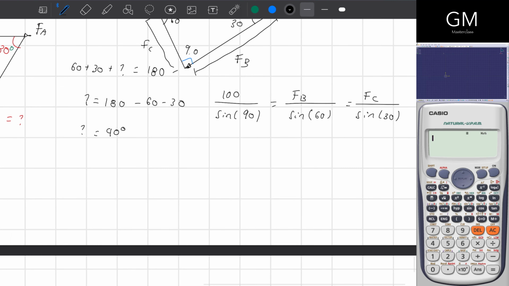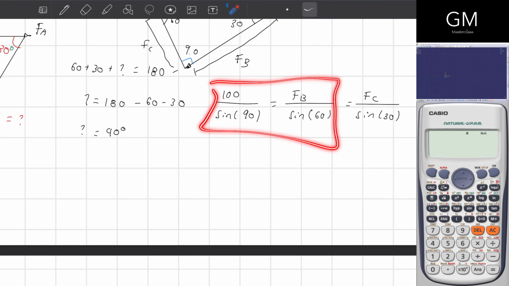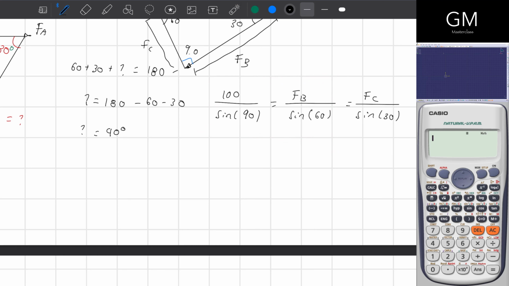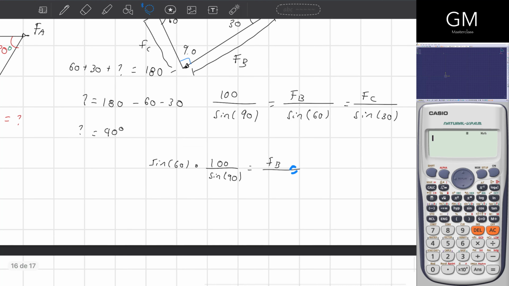So what I have to do right here is take this part of this equation and write it down once more. Bear with me. Okay, so FB is equal to 100 divided by the sine of 90 multiplied by the sine of 60. Okay, and I can eliminate this. So FB